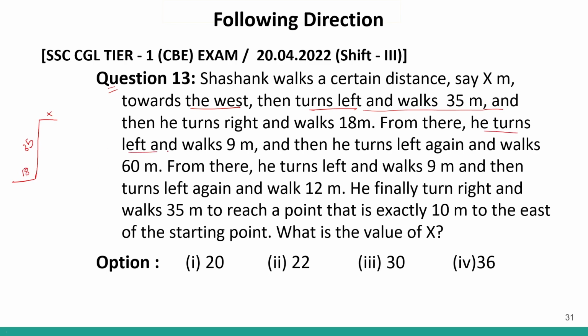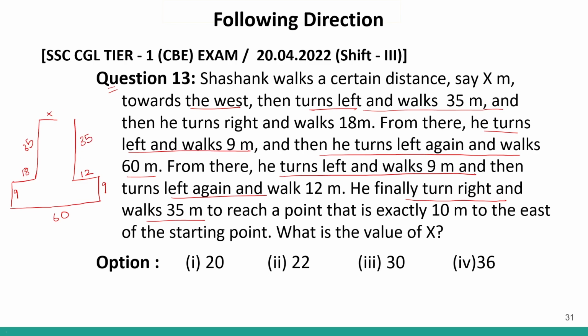From there he turns left and walks 9 meter. So left will be this direction, 9 meter. And then he turns left again and walks 60 meter. From there he turns left and walks 9 meters. So left will be this direction, 9 meters. Then he turns left again, so left again will be this direction, and he walks for 12 meters. He finally turns right and walks 35 meters. So right 35 meter will give me the same direction as x,